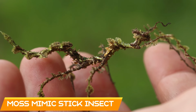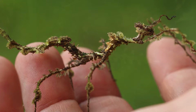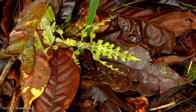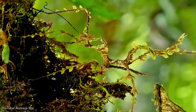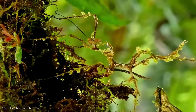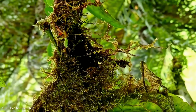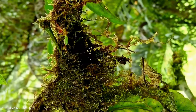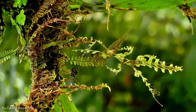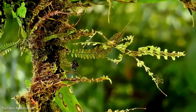Number 1. In the deep cloud forests of Costa Rica lives this species of Phasmatodea named Trichopeplus laciniatus, or moss mimic stick insect. Like all other insects in its order, such as walking sticks and true leaf insects, this species can cleverly camouflage into its surroundings by mimicking the forms and colors around it, and in this case, mossy trees and foliage. Its mossy appearance is emulated with varying patches of chitinous cuticle that splay out from its exterior,